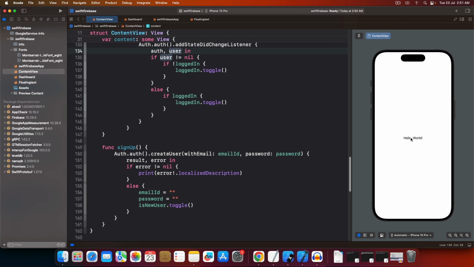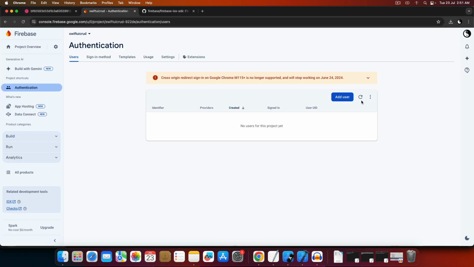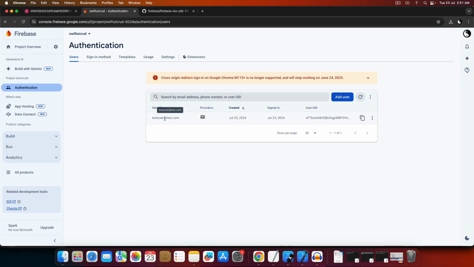Wow, now we are inside this dashboard page, right? If you refresh, you can see the test user at test.com, which is the user that we just created. So our sign up functionality works as of now. Let's go ahead and write the sign in functionality as well, but before that, let me